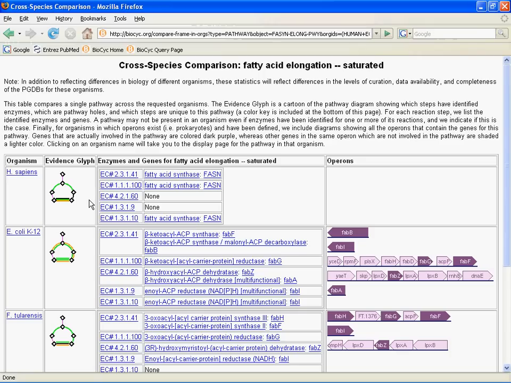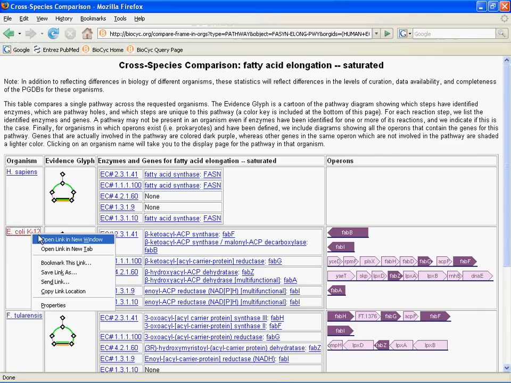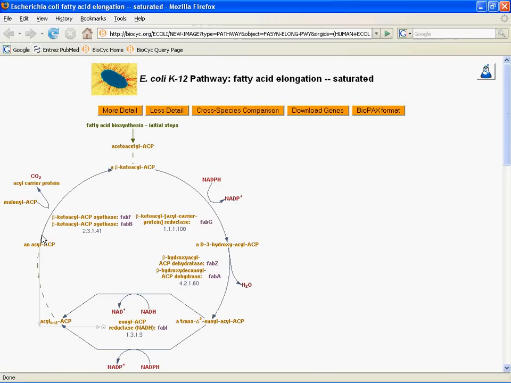And this is a pathway comparison. Now this is important because this is also a comparison that you can get to from each individual pathway. So actually, let's go to an individual organism's pathway page very quickly and see how you do that. This is the fatty acid elongation saturated pathway page for E. coli. Now say we wanted to do a cross-species comparison just looking at this pathway rather than comparing across the whole organism. Well, each pathway page has this cross-species comparison button, so you can click on that